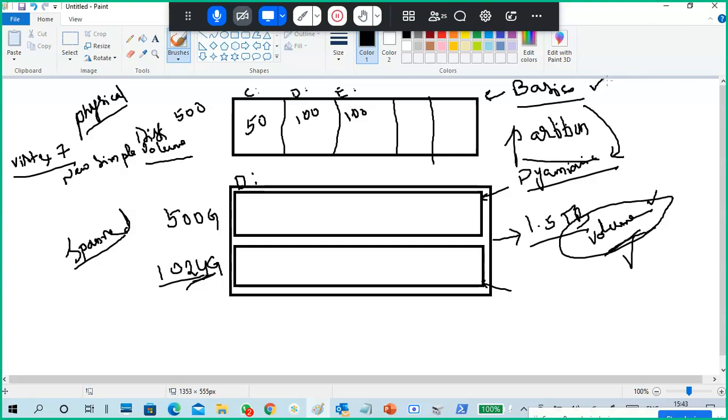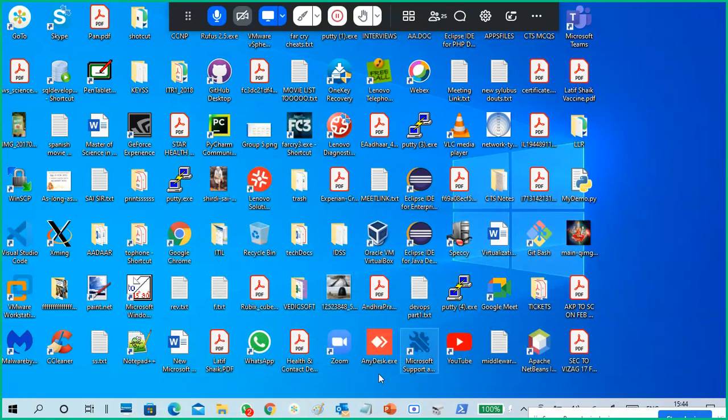So why do we use a basic disk? Why do we use a dynamic disk? Basic disks are for single disk purposes, with no need to combine with any other disk, mainly to store the operating system, basic files, and applications. Dynamic disk: we convert basic to dynamic to create a large volume or for redundancy purposes. So look at this one.